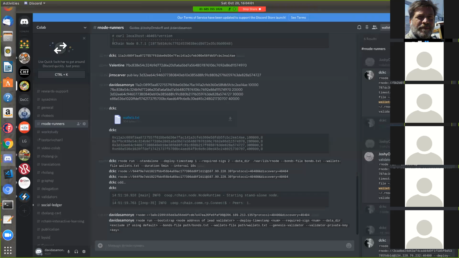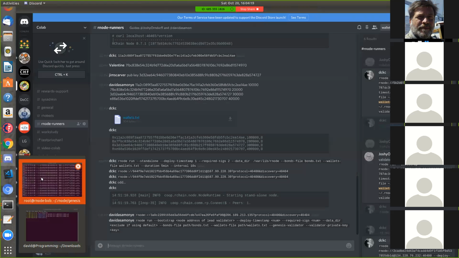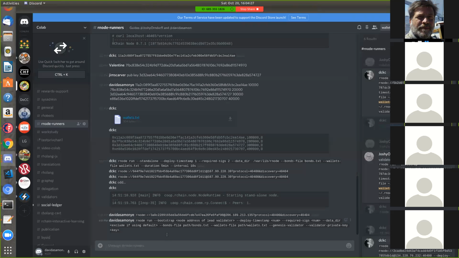Any recommendations? Danny said, deploy timestamp. Any recommendation? I think it's the same thing as I use. That's one. And required signatures is 2. Yeah. And note that the validator private key is the private key from the public key that we used earlier, that was sent earlier.